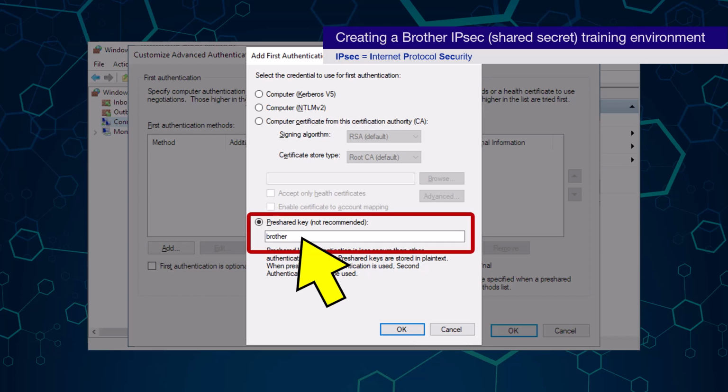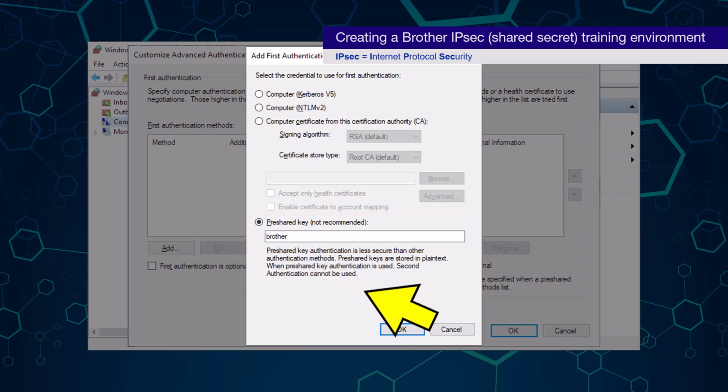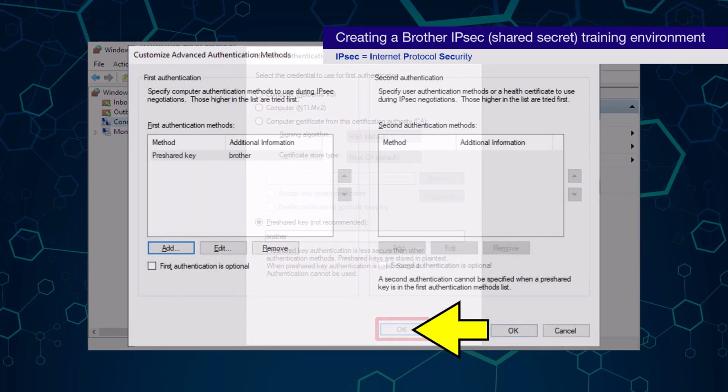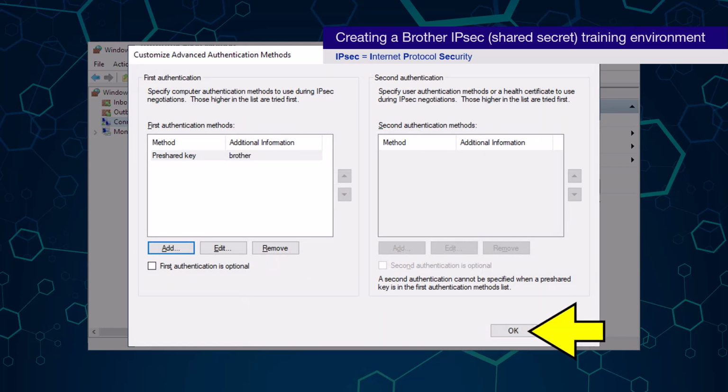Of course, if you used a different pre-shared key, you will need to type that one instead. To confirm this setting, I am going to click the OK button here, and again here.